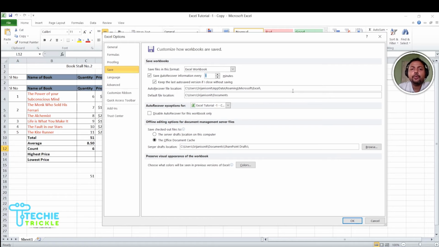Let me clarify one point here. What you mean by this minutes is that in case you worked on some data for less than 1 minute, I'm sorry, Excel will not be able to save that data for you, because this is the minimum that it can have. If I click here, the next one is 2. If I try to go back, it is not taking me. So it is starting from 1 minute. All data that is there after 1 minute would be saved by this option. Okay. Now I click on OK.